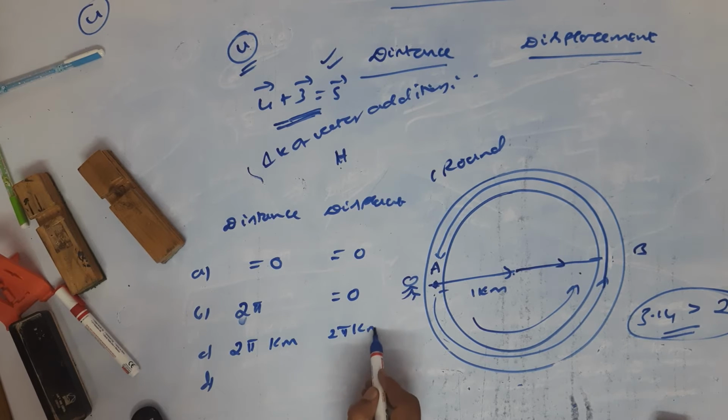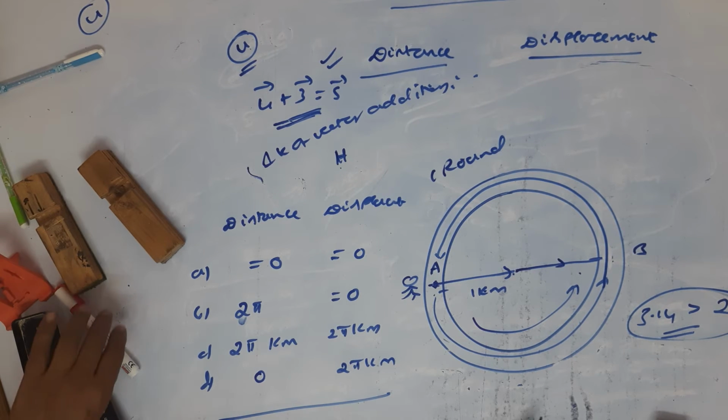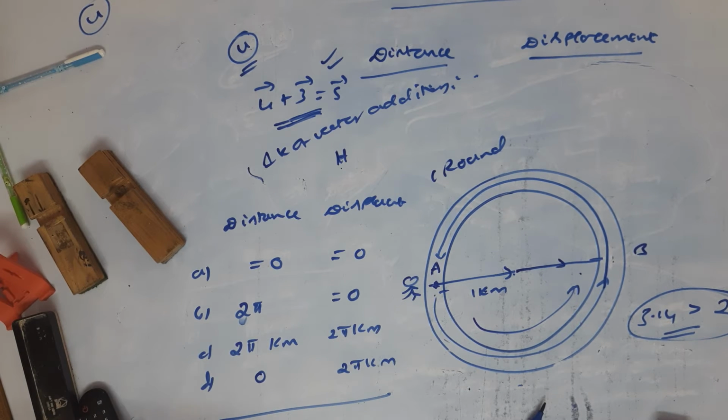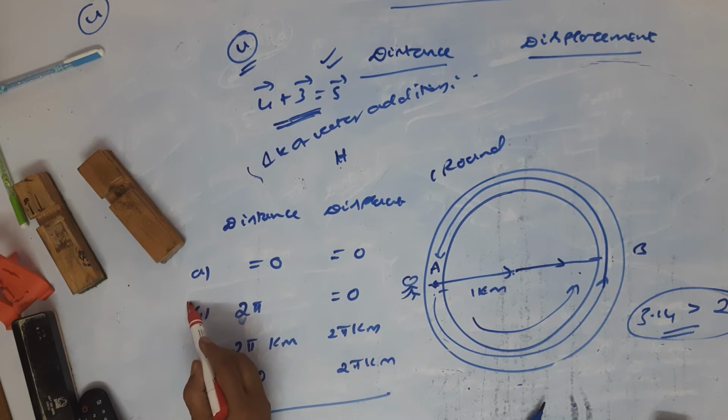Or distance is 2 pi kilometer, displacement is also 2 pi kilometer. Okay. Now, so this is 0 and this is 2 pi kilometer. Come on. Very good, Chandana. Good, excellent, super. Good, Prarthana, Vedika. Very good, Jyoti. Good, Saranya. Good, good, good. Chetana. Very good, excellent. Look here. Now your answer is B.